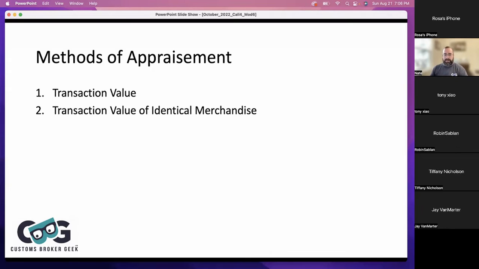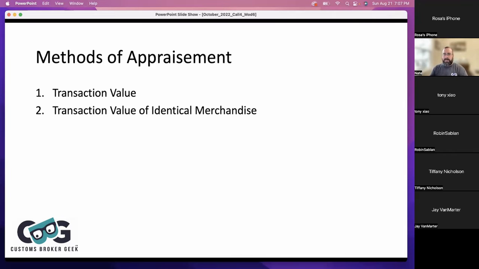It's very similar to transaction value, but if there's a situation where, let's say, there wasn't a transaction, something was shipped for free, or it could be a scenario where you can't determine the value, or you're precluded from using transaction value. And in the regulations, we'll look at this in a minute, there's stipulations on scenarios where you can and can't use transaction value. So if you can't use transaction value, then you're going to use transaction value of identical merchandise, which basically